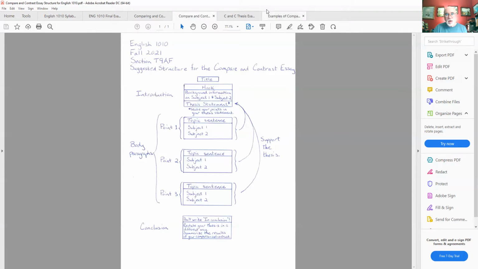What else can I tell you before we start to run out of time? So how much time do I have? I've written this down here. Got another few minutes here. Covered the structure. Thesis statements, yeah. Let's go back to the Adobe Acrobat.